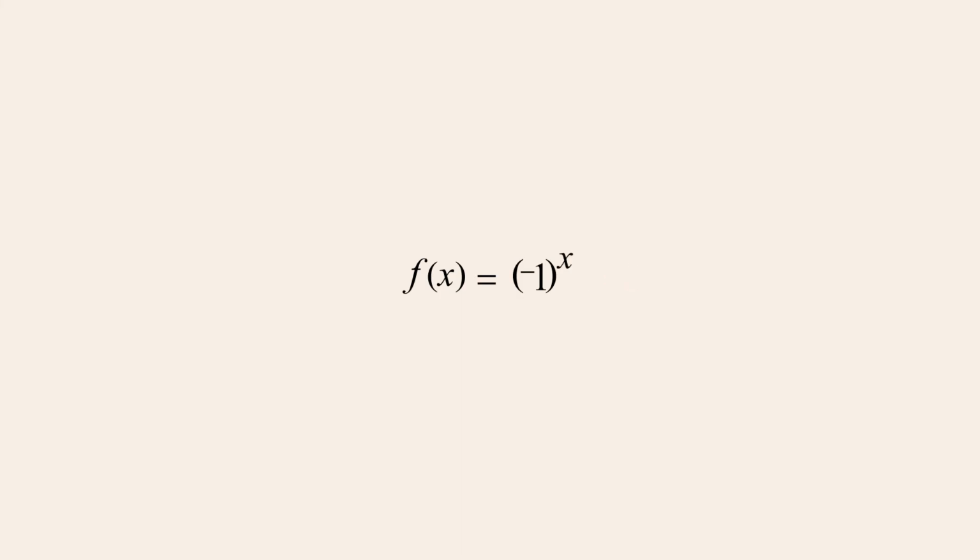However, when x has a value of 1/2, this would cause the function's value to be -1 to the 1/2 power, or the square root of -1. But since no real number is equal to the square root of -1, this function would have no real solutions. Since there are an infinite number of x values like this that would cause this function to have no real solutions, negative base values are also not allowed for exponential functions.